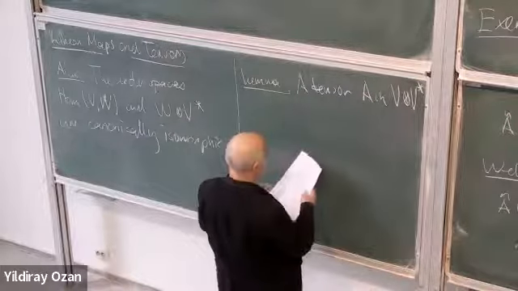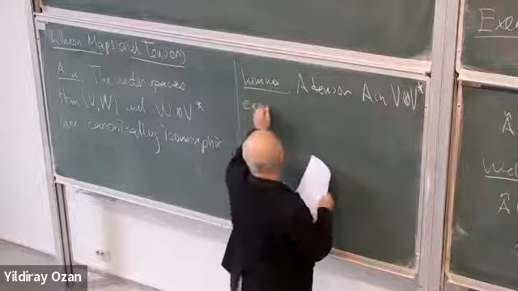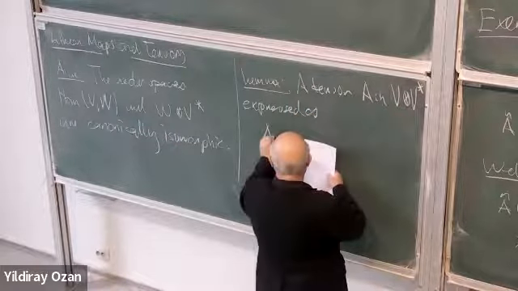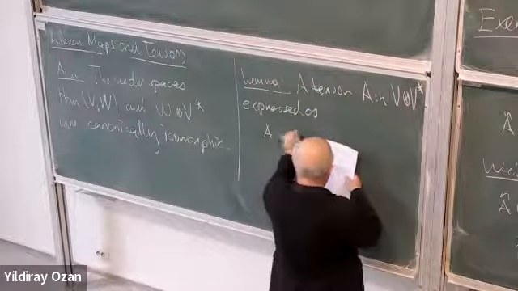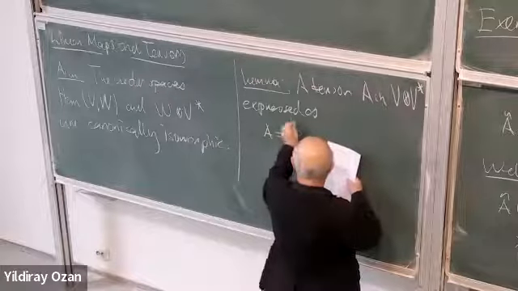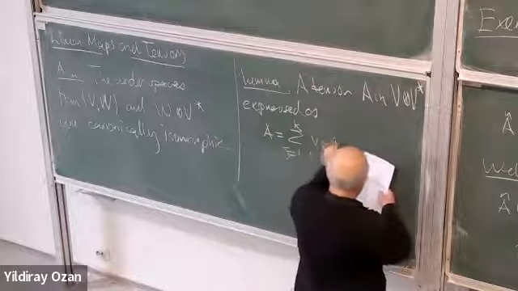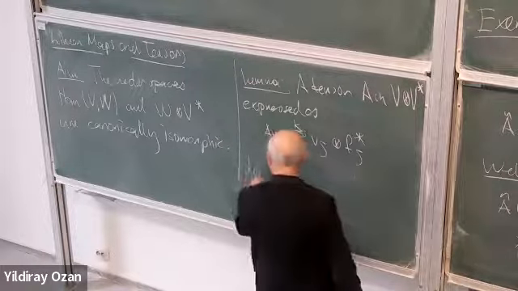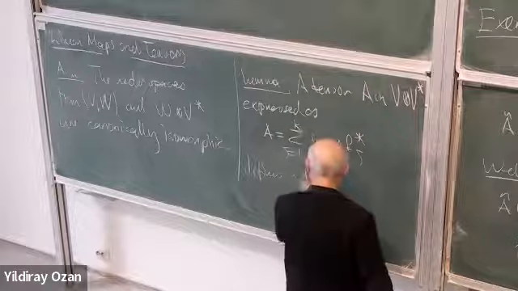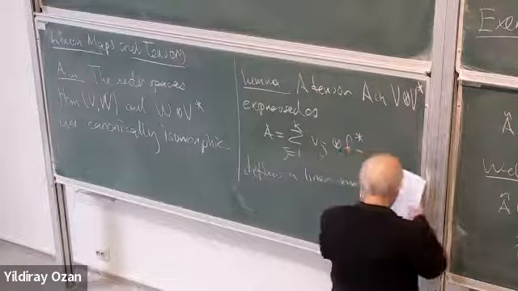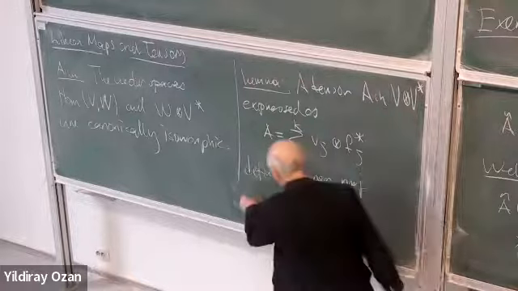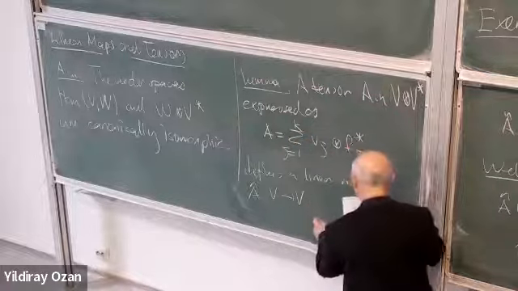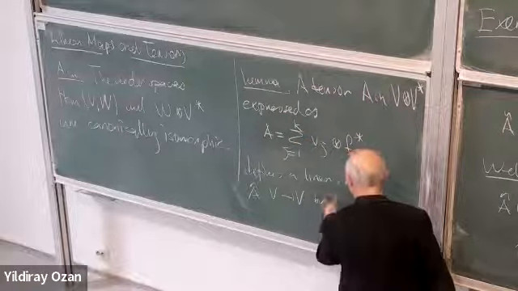A tensor expressed as a sum of v_j tensor f_j star defines a linear map A hat from V to W defined by the formula